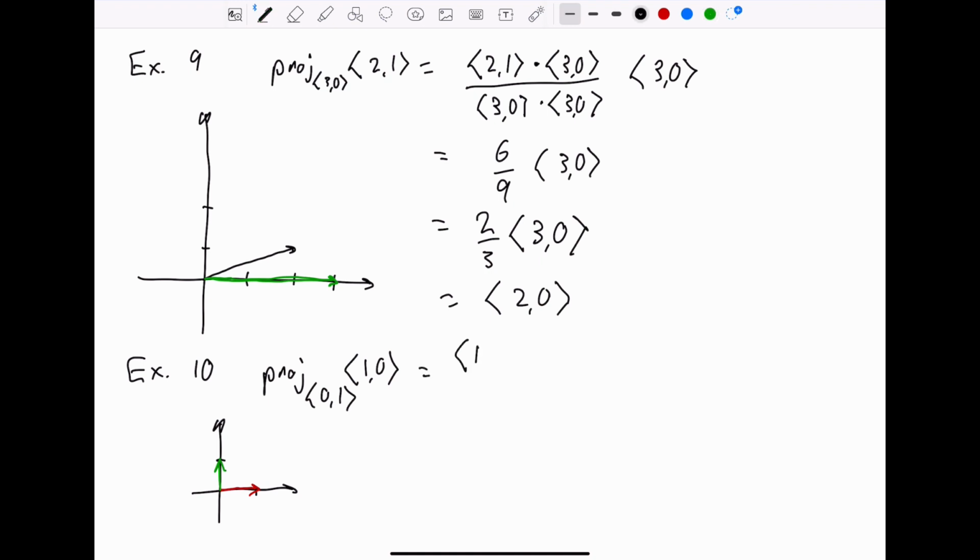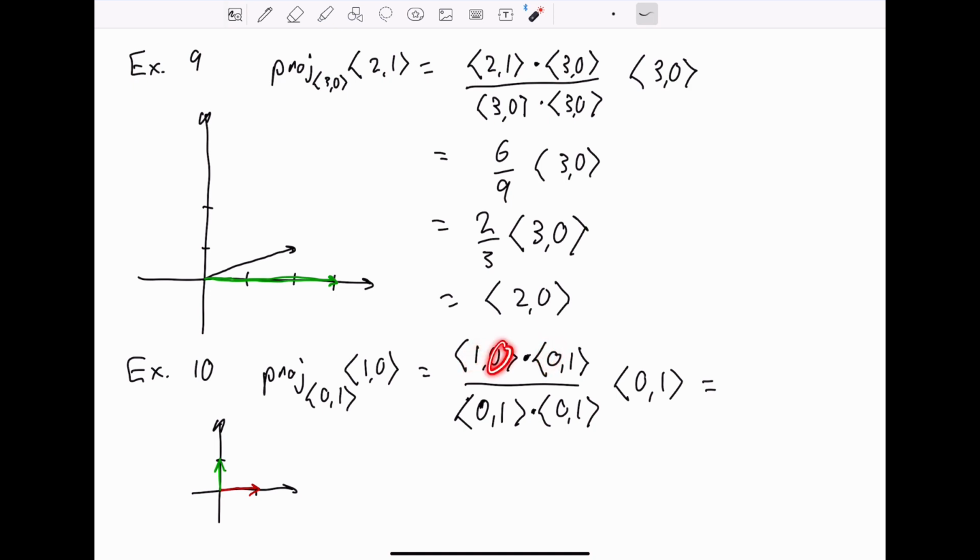We take the dot product of the two vectors in the numerator, and then the dot product of the base vector, the subscript here, with itself. And we're scaling this subscript vector, 0, 1. So we multiply here by 0, 1. In the numerator, 1 times 0 is 0, plus 0 times 1, that's also 0, so the dot product in the numerator is just 0, which we expect because the vectors are perpendicular. In the denominator, we take the dot product of this vector with itself. 0 times 0 is 0, 1 times 1 is 1, so we get a 1 in the denominator,